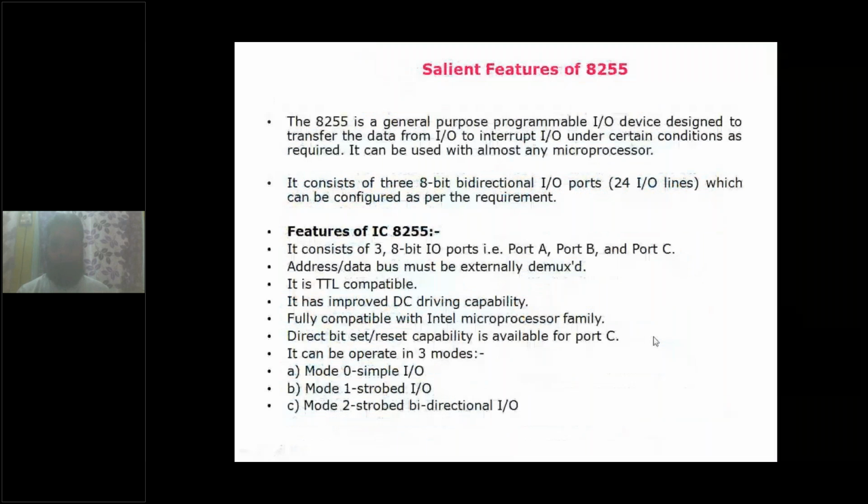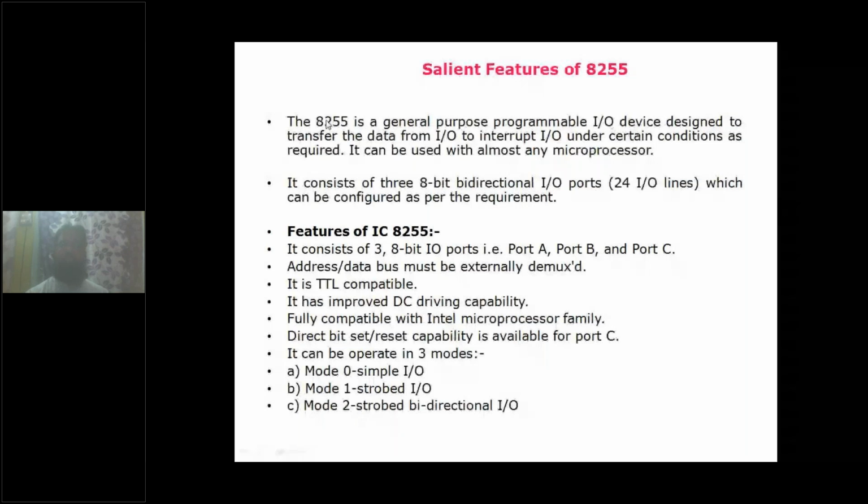As I said just now, IO devices can be connected with the 8086 microprocessor using the ports. Through the ports, the IO devices are connected with the 8086 processor. But where are these ports available? These ports are basically available in a separate chip which is called programmable IO ports or programmable peripheral interface (PPI). There are several names for the 8255 IC: programmable peripheral interface, programmable parallel port, and programmable input output port. These are all the names of 8255.